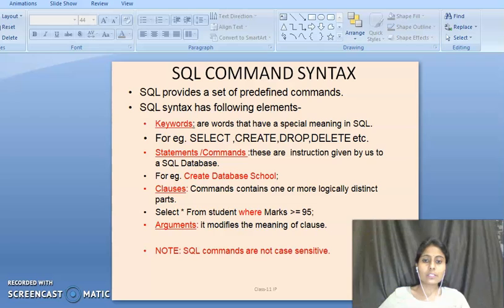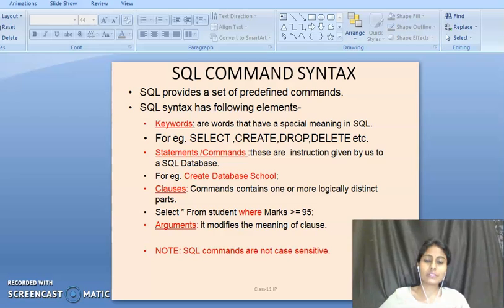Here create is a keyword, database is also a keyword, and school is the database name given by the user. The complete thing is known as a statement or command because it is the instruction given by the user to SQL to create a database.